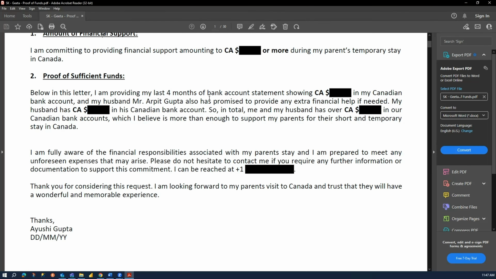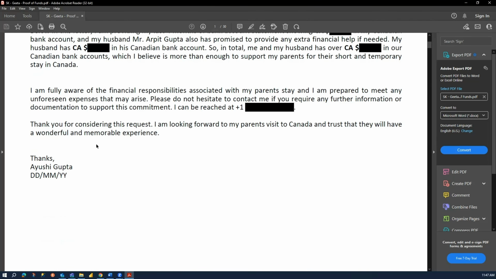I am providing my last 4 months of bank account statements showing this much amount in Canadian bank account, and my husband Arpit Gupta also has promised to provide any extra financial help if needed. My husband has this much amount in his Canadian bank account, so in total we have this much amount in our Canadian bank accounts, which I believe is more than enough to support my parents for their short and temporary stay in Canada. I'm fully aware of the financial responsibilities associated with my parents' stay, and I'm prepared to meet any unforeseen expenses